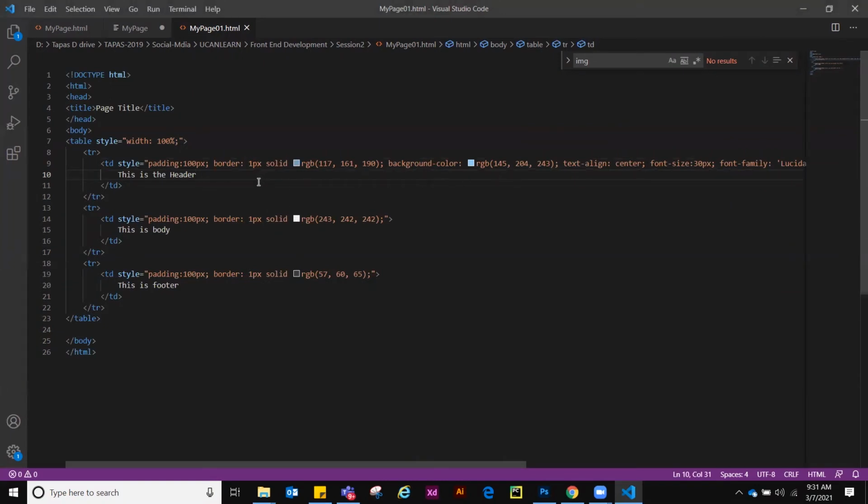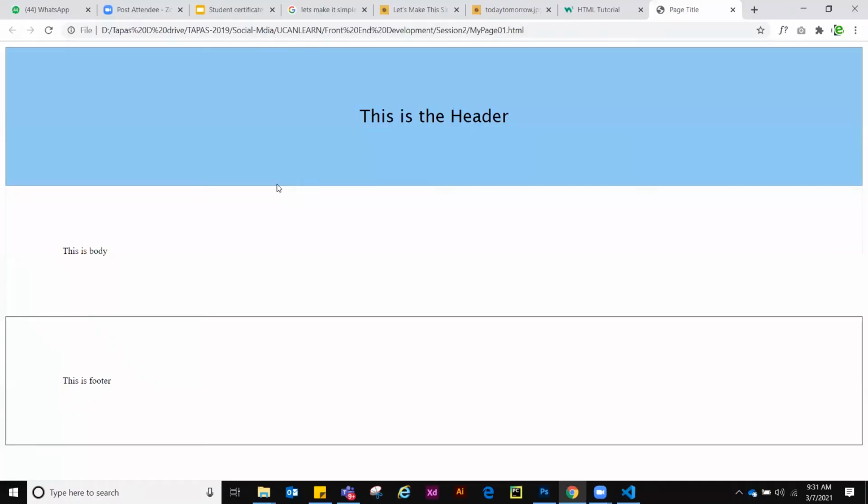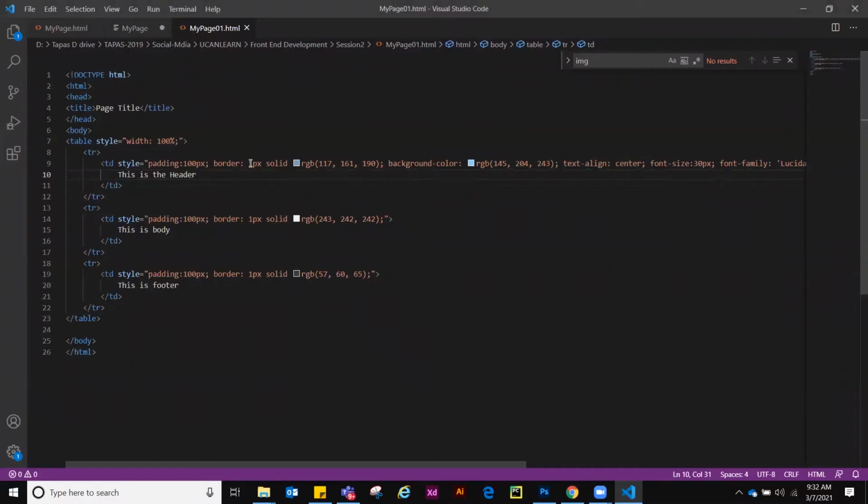Okay, any question till now? Yes. Yeah, tell me. Please tell me. Can you shorten the border height? Are you talking about border height or the height of this header? No, the border height. The border we use first, na. We use first a border. So can you shorten the height of the border? You are asking about this? Yes.